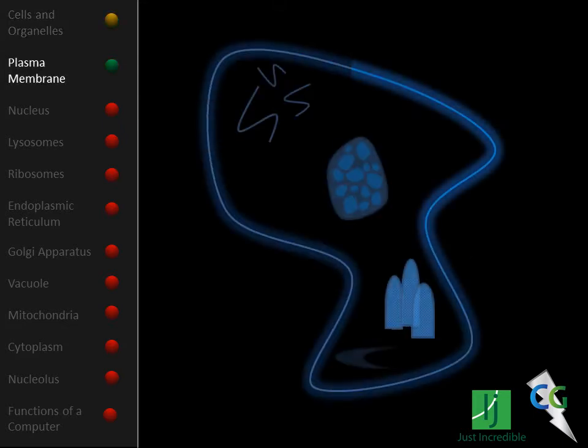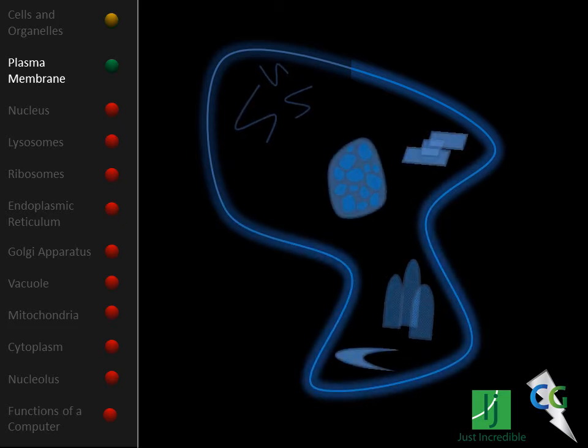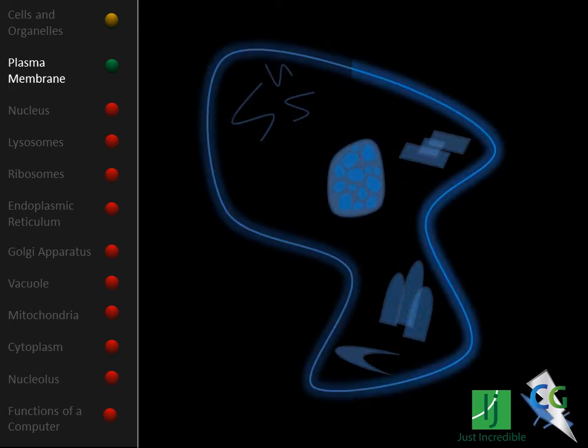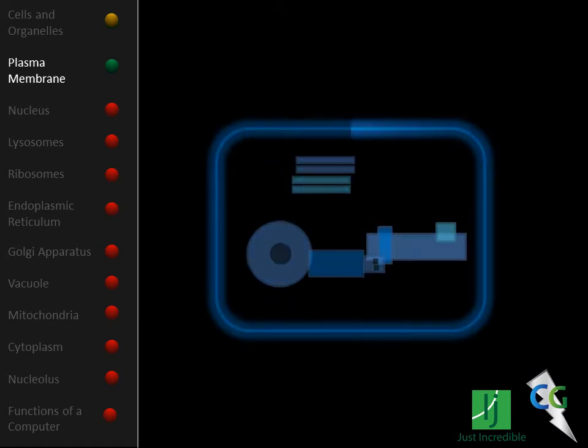Take the plasma membrane for example. This organelle acts much like the casing of a computer. Its job is to separate the interior of the cell from the rest of the body, keep all the components of the cell together and to protect the cell from any harm. In the same way, the casing of a computer holds and protects all of the hardware required for the computer